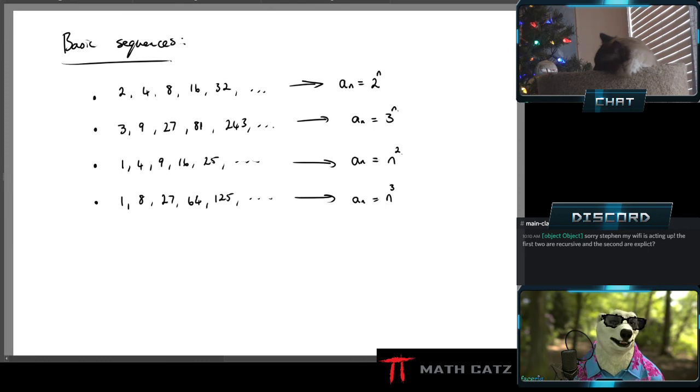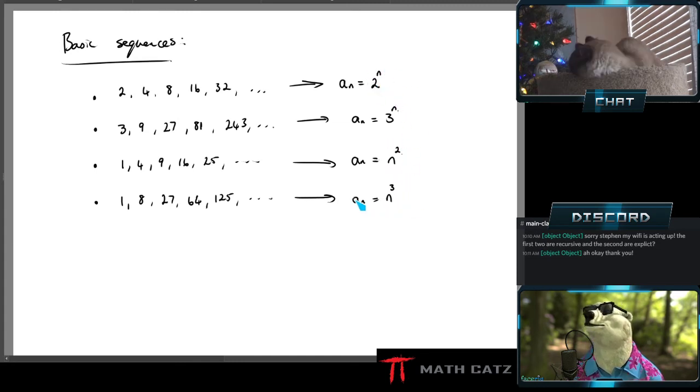Just check the question here. I'm not sure which ones you are referring to. We've done many. These basic sequences are all explicit because none of them rely on previous terms. They just rely on a calculation that involves the position. It's a different calculation, I'll give you that, but it's still just the position value that is used. There are no a's used to find the terms. So they're all explicit